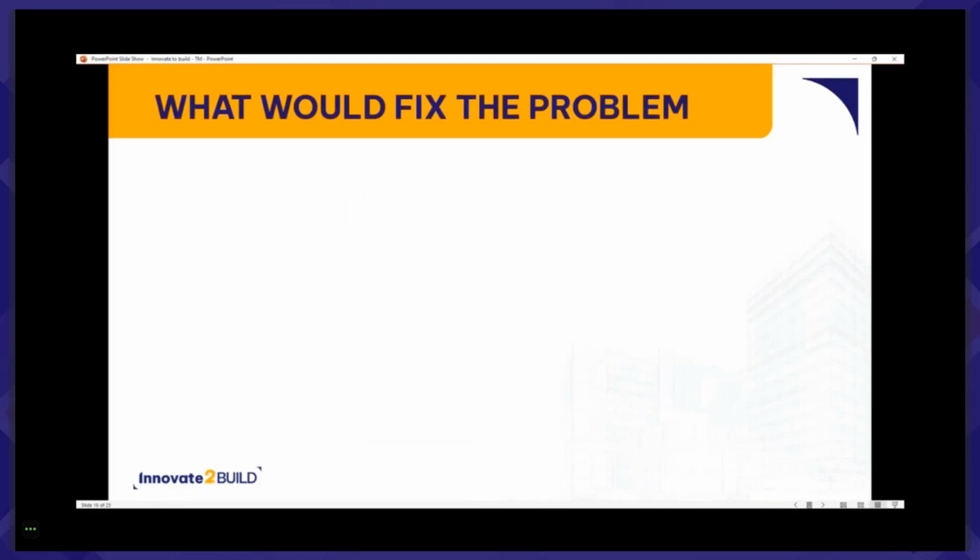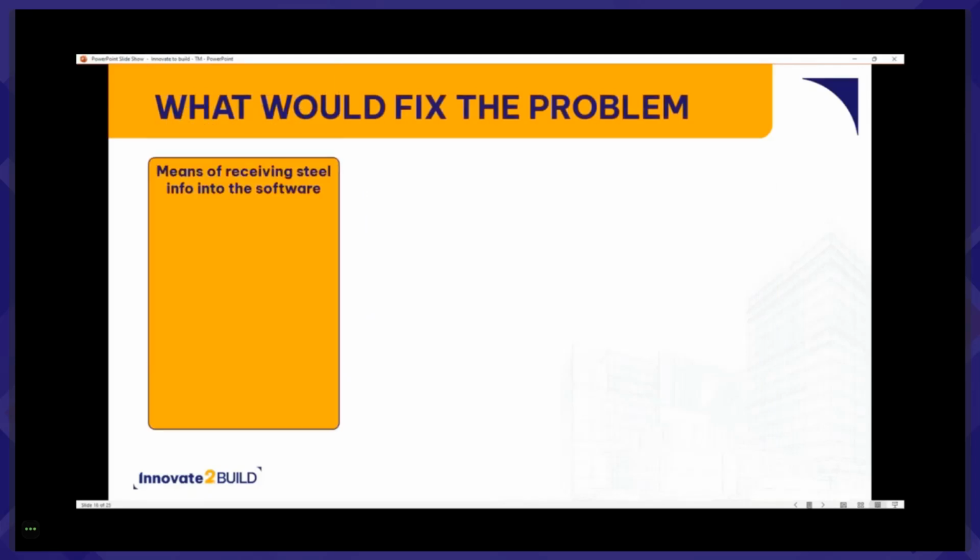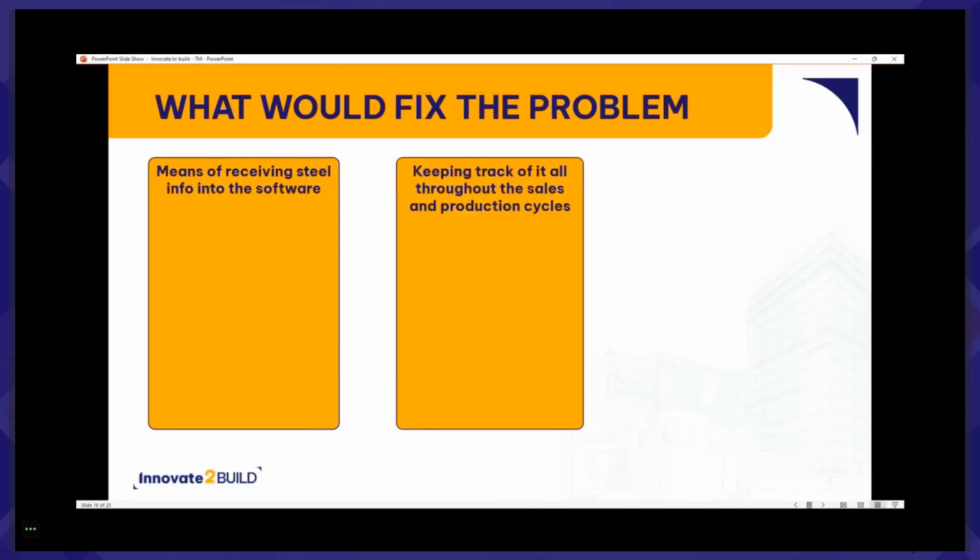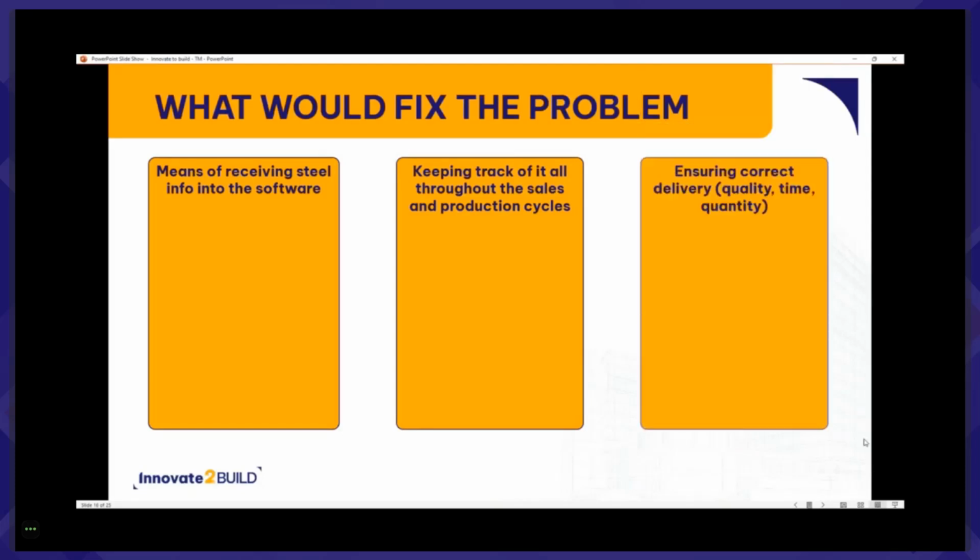Now, with everything that was suggested there, what would fix the problem? So, of course, the means of receiving steel information directly into a software, that can be very useful. Keeping track of it all through the sales and production cycles. Again, if you had a software that would be able to manage all that information, that would be beneficial there. And ensuring correct delivery, quality, time, and quantity is, of course, this may be redundant, it's necessary, yes, but having a solution in place to touch these three main pillars would obviously fix the